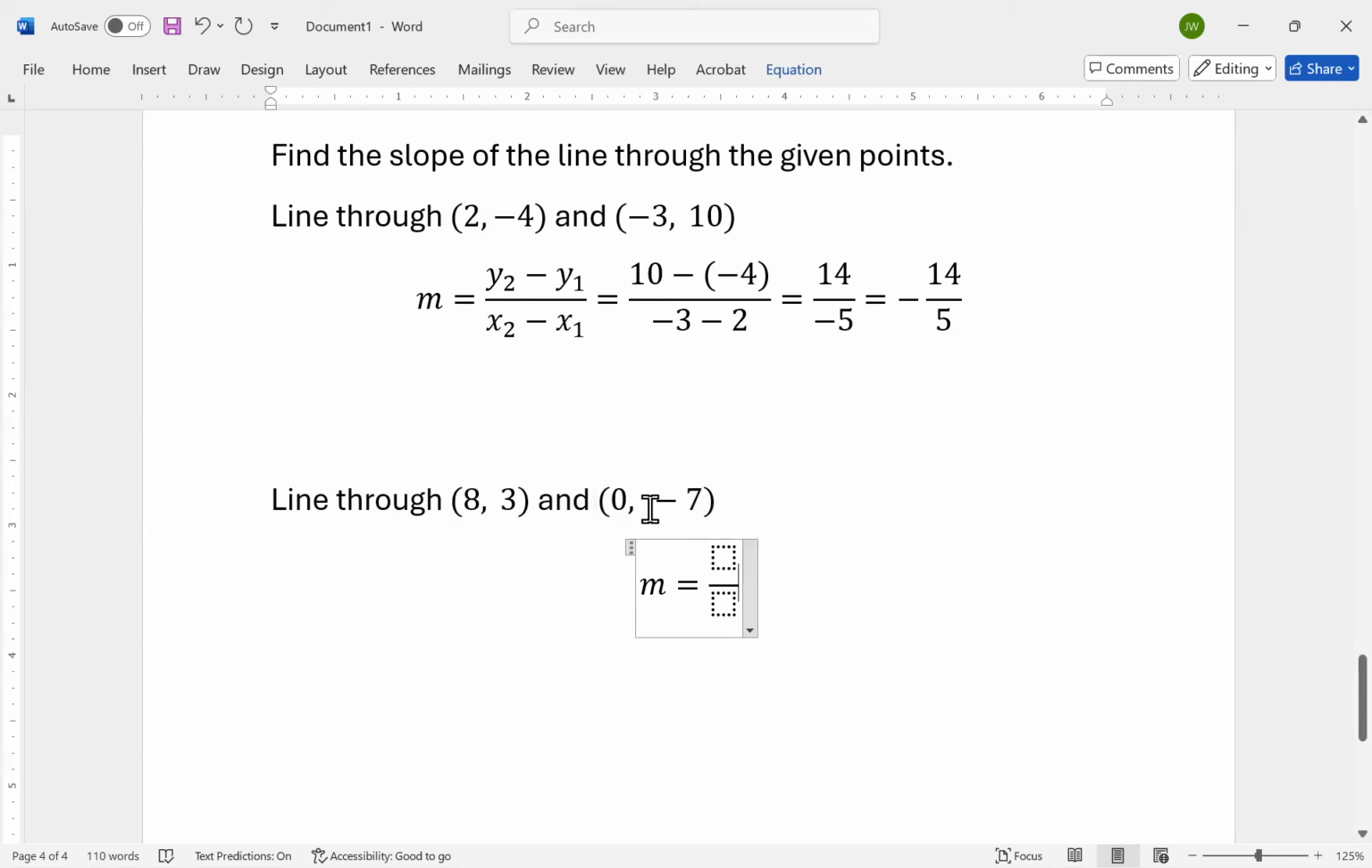In this second example, we do it the same way. We say we know the line goes through the point (0, -7) and through the point (8, 3). So my y value of my second point, -7, minus the y value of my first point, which is 3, divided by the x value of my second point, which is 0, minus the x value of my first point, which is 8. It looks like this gives me a -10